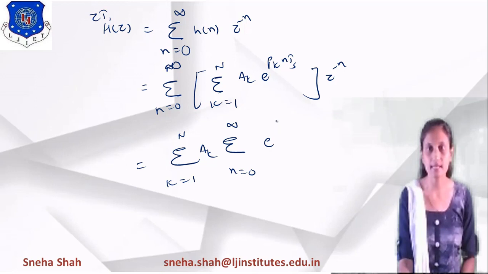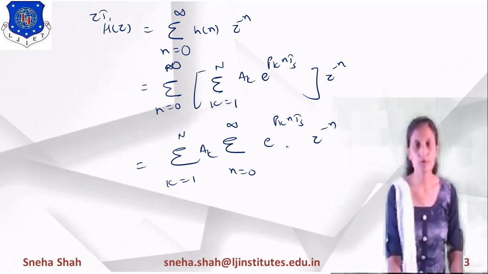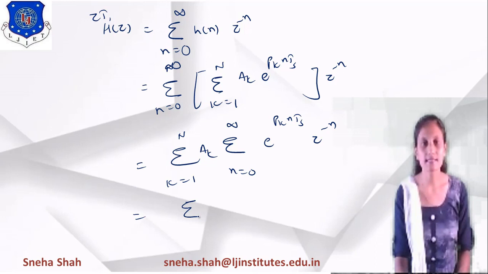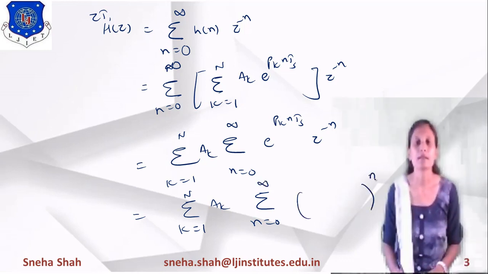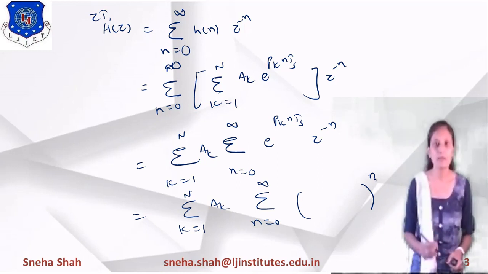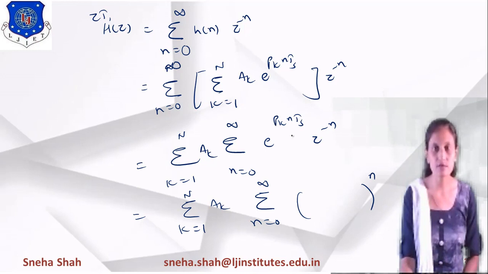So I am writing like this, e raised to pk ds into z raised to minus n. Now suppose I am simplifying this formula, then what will be the next term? When the summation is given to you, then you will convert it in the form of summation n equals 0 to infinity a raised to n, right? So if I am converting it in the form of a raised to n, what is the value of a? a will be e raised to pk,